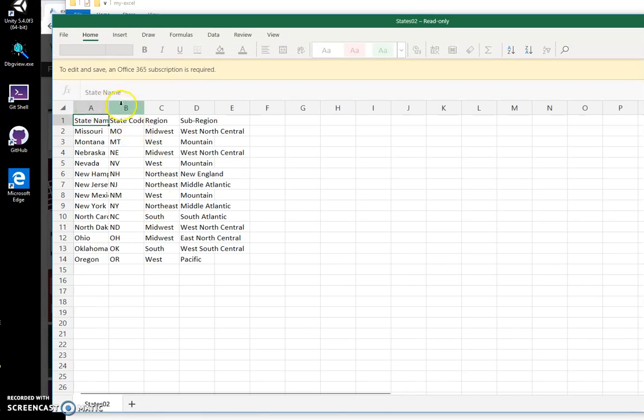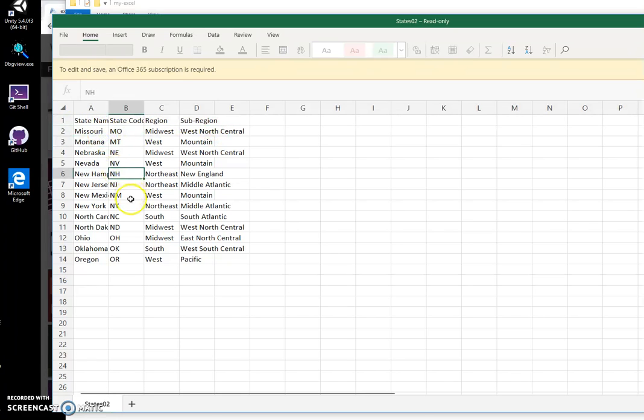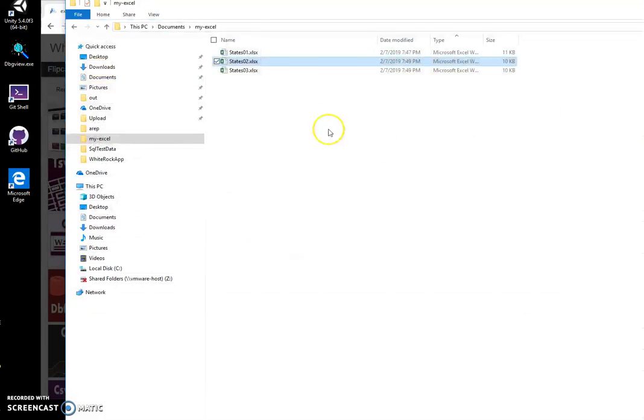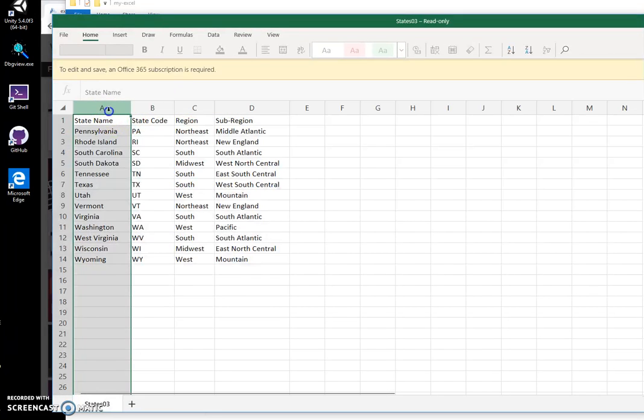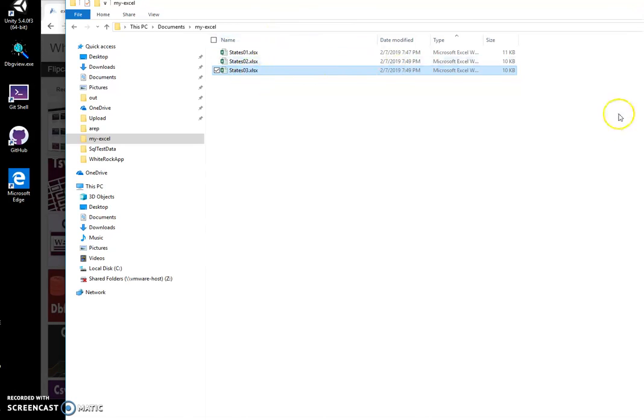But basically the first row of every file contains the names of the columns, and it's just one spreadsheet with all the data in there, and you can see the other files as well. They're similar, and what I want to do is have all the data from all these files converted into one CSV file, and also I wanted